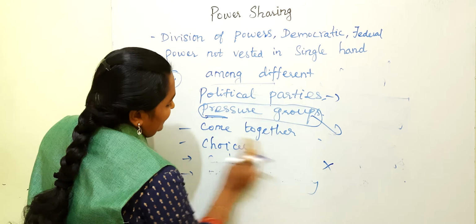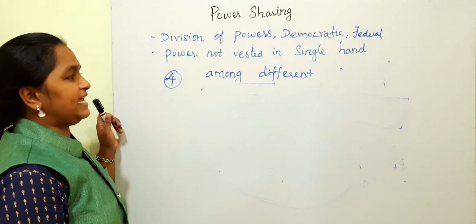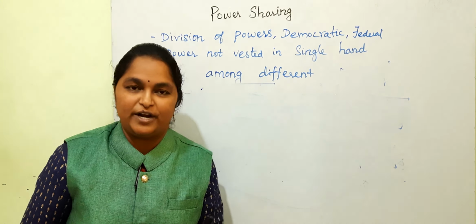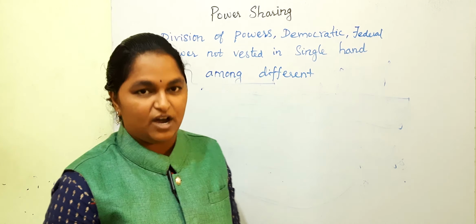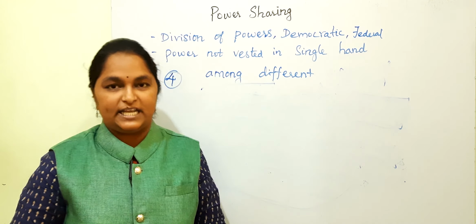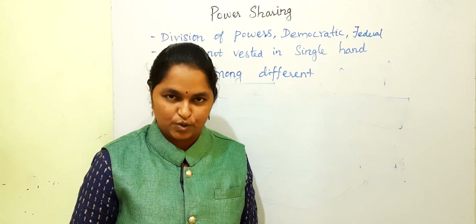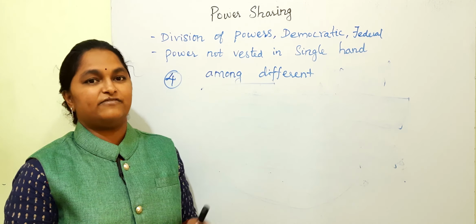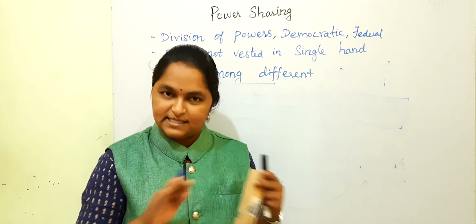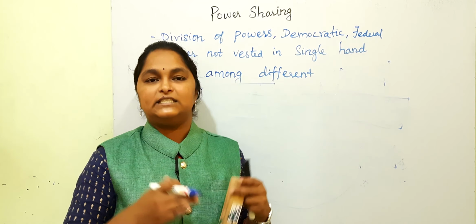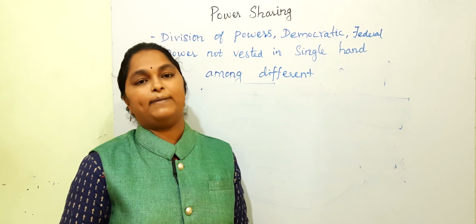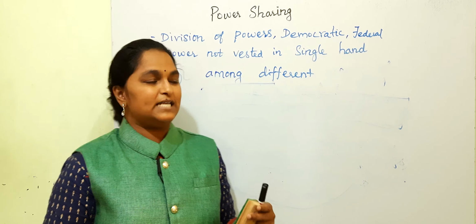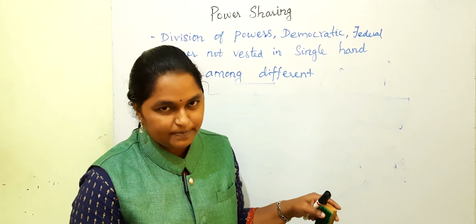Thank you, children. Yes, this is very important; 5 mark questions and 3 mark questions are frequently asked in the exam. So power sharing is very important. Power should be divided and shared among different levels of government, different organs of government, political parties, pressure groups, social communities, different groups and weaker sections. We discussed it in 4 ways: one is horizontal level, another is vertical level, third is different communities and social groups, and finally different political parties and pressure groups. They frequently ask this question; it is a very important concept in this lesson.